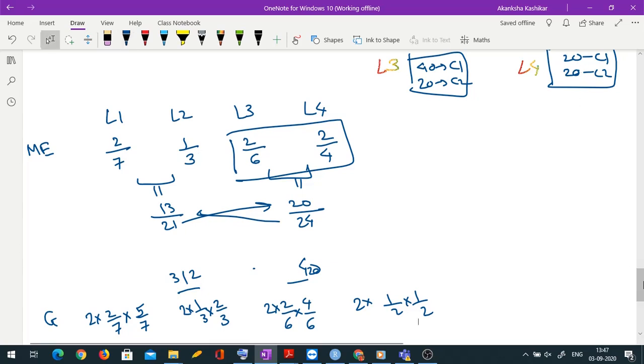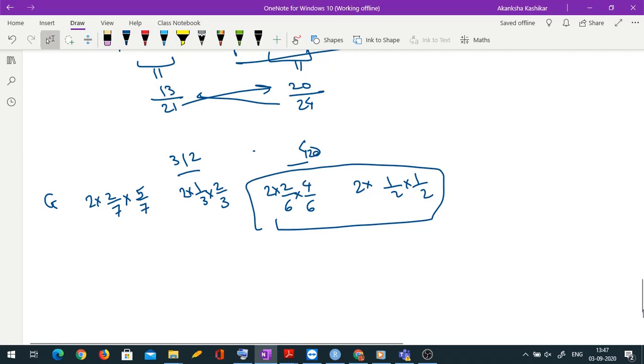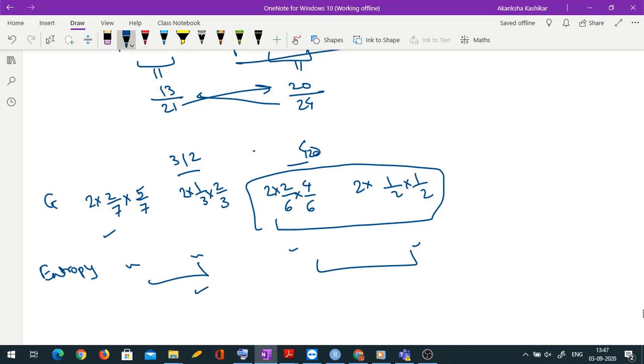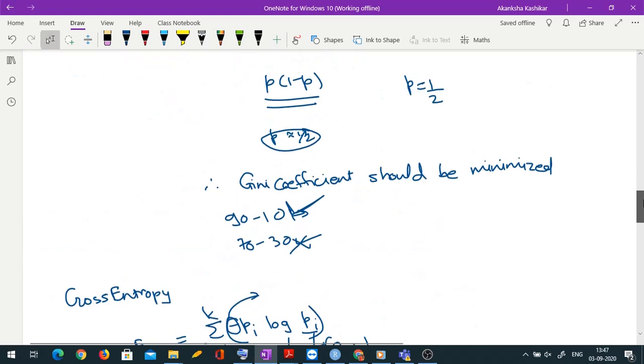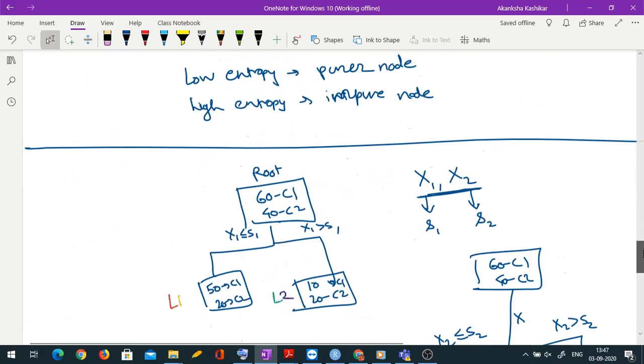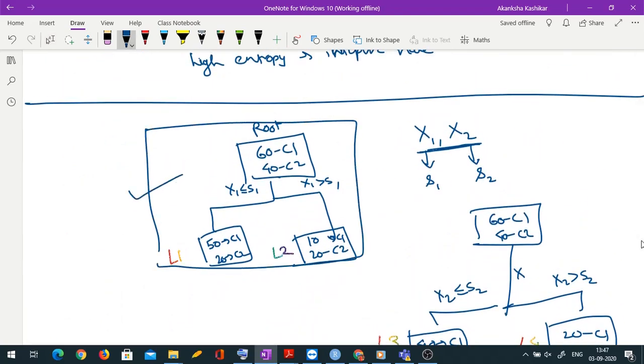Okay. So clearly, if I add L1 and L2 together and then L3, L4 together, by Gini coefficient also this is bad. So I will again choose the first split. Similarly, you have to compute entropy. So entropy you can compute for all four, then add these two and see whether this has a smaller value or this has a smaller value. So at least by the Gini index and misclassification error, what we are saying is this split is better because it is giving less misclassification error and less Gini index. So it's probably giving us purer nodes.